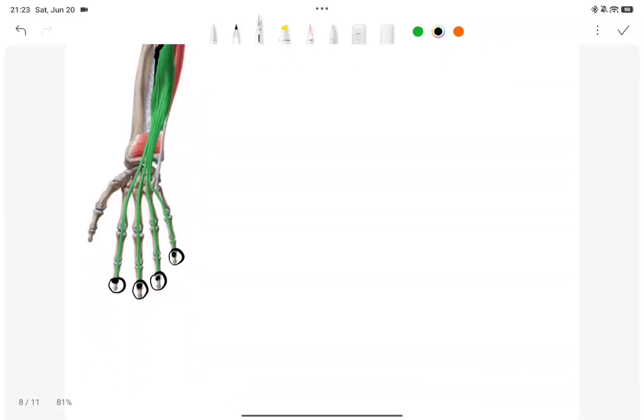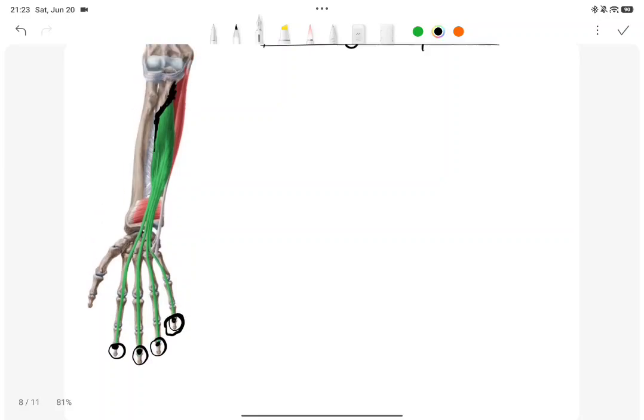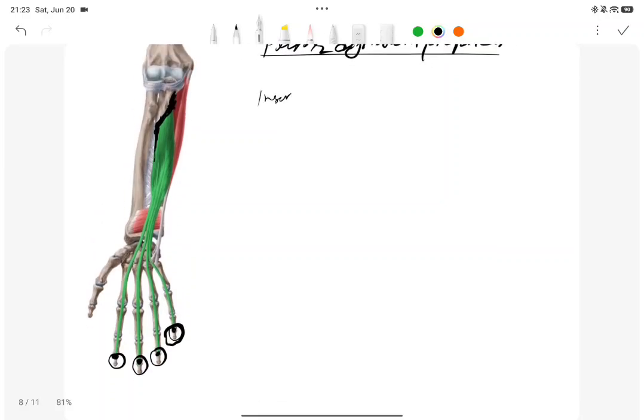There is no bifurcation and it inserts at the base of the distal phalanx है। सो ओरिजिन अलि लामो छ, मैले लेखिनँ। सो इन्सर्सन चाहिँ कहाँ हुन्छ भन्दाखेरि, at the base of the distal phalanx, डिस्टल फ्यालेङ्सको बेसमा है।